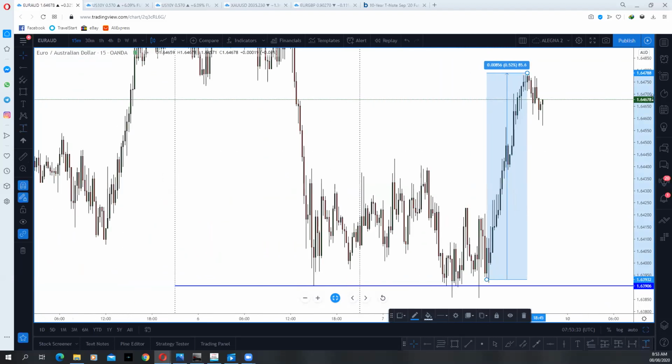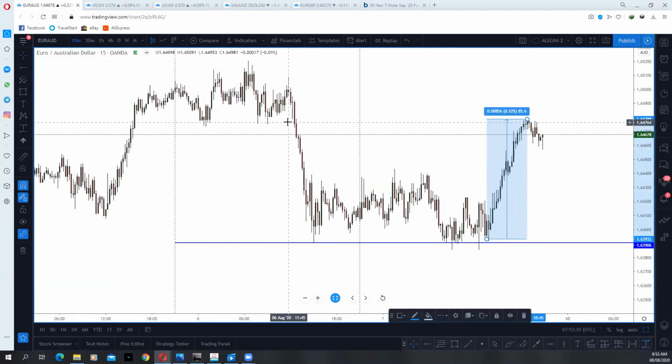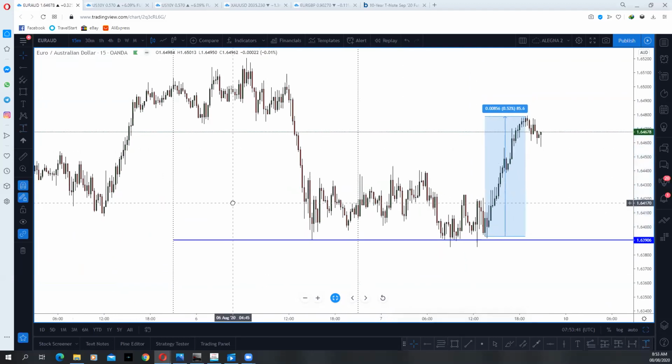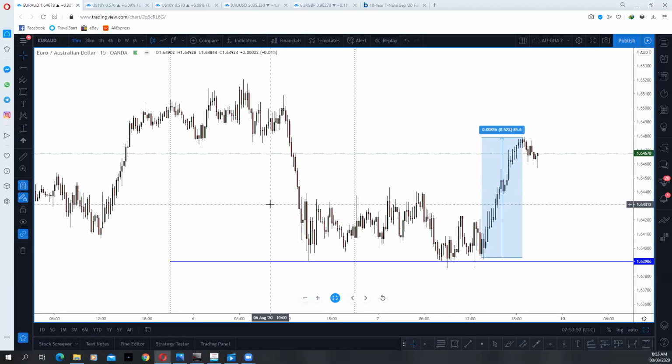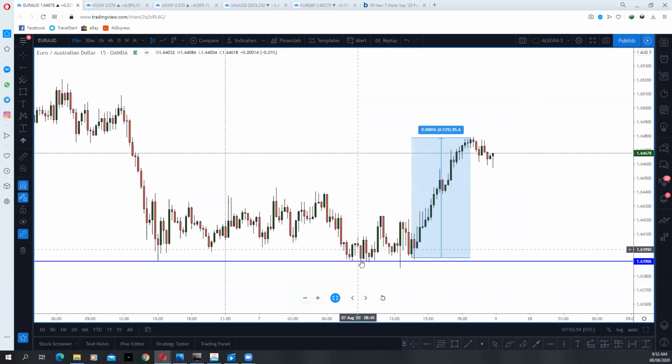So it's a very simple system. Where did they run up to? This previous lows here. It's a very simple system, but you need to understand structure to be able to use it properly. If you don't understand market structure, you won't be able to use the order flow properly. And like you see in this case, it is easier here. You see, it's very, very obvious what their intention was.